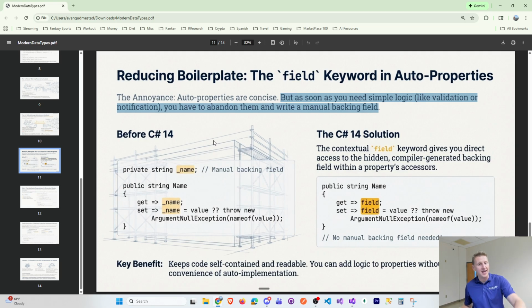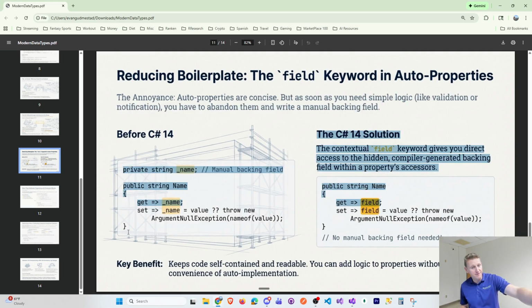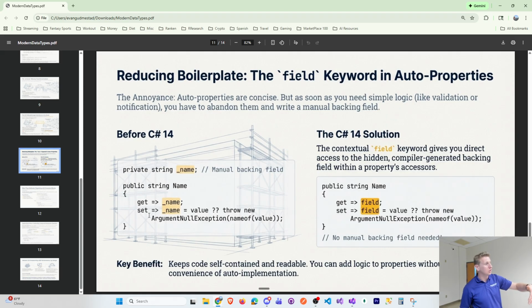You have to go back to the longer syntax, which you would say is more verbose, right? It just requires more code to achieve the same task. Well,